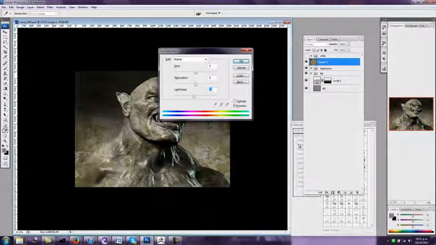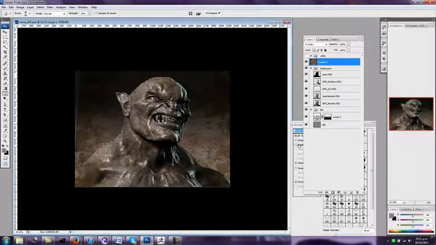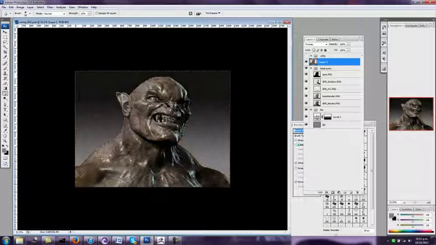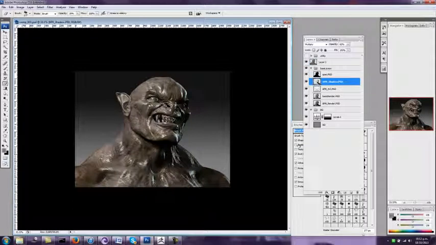And then I will hue saturation shift it. I can adjust the lightness and the saturation here, and it gives me a nice warmer brown just to start blocking this out with. Now I will Control click on any of the BPR renders, and that will select the pixels of the head. Control Shift I will invert that selection, and I can delete then any pixels that are not directly on top